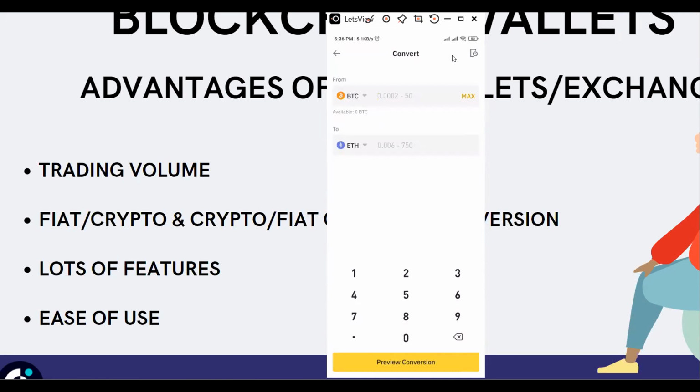I think in the next class, we are going to talk about the different blockchains available, the most popular ones. We're going to talk about close to seven or eight different blockchains. Now you can see the minimum to maximum you can convert here, and you can convert to any other token, and it's quite cheap. I can say it's quite cheap, or quite